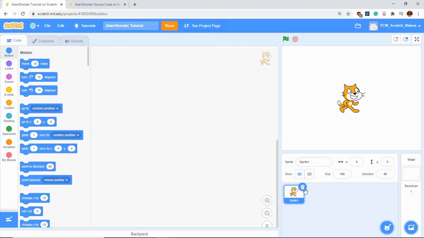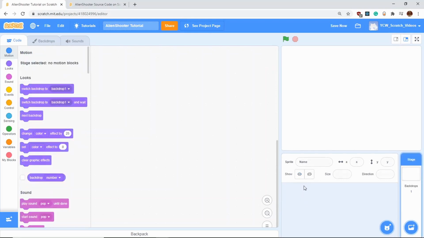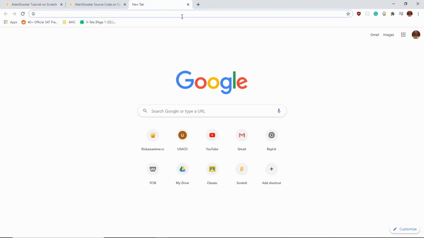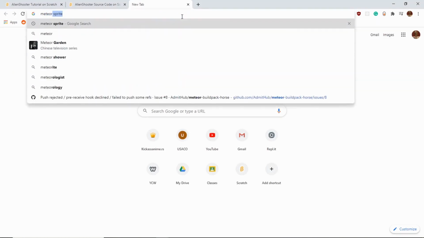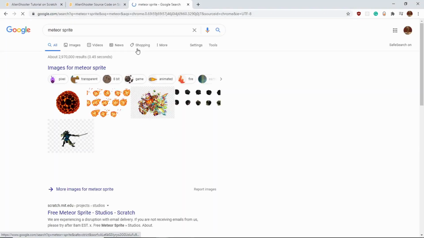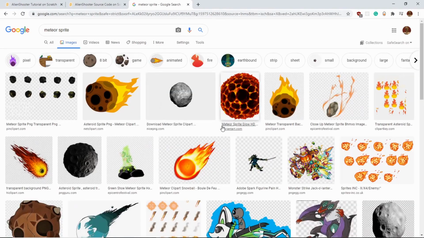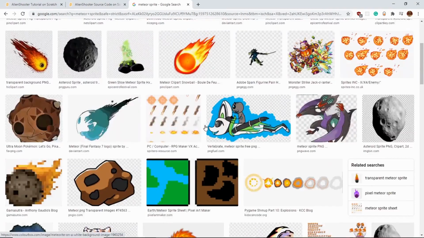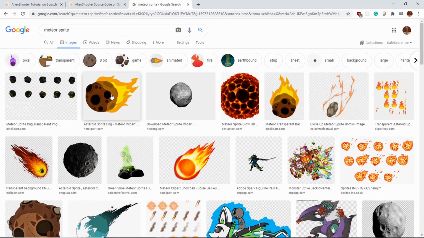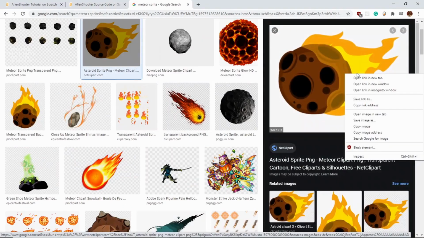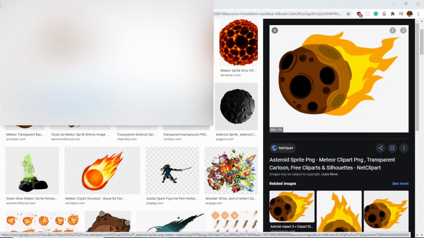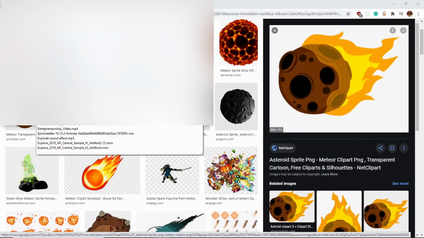First, I want to delete the sprite, right? And I want to get some images. So let's search these things up. Okay, so I want a meteor sprite, right? So let's see, maybe something like this, okay, or this. I already have sprites saved, but I just want to show you an example, right? So this one does not have a transparent background. So if we save this image and call it example,